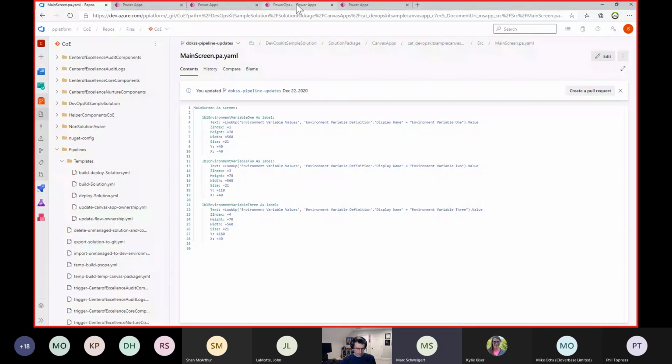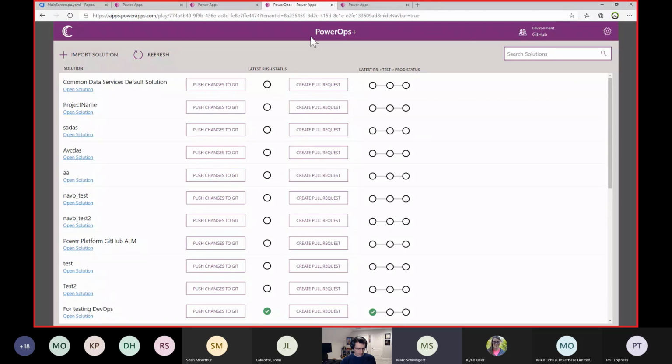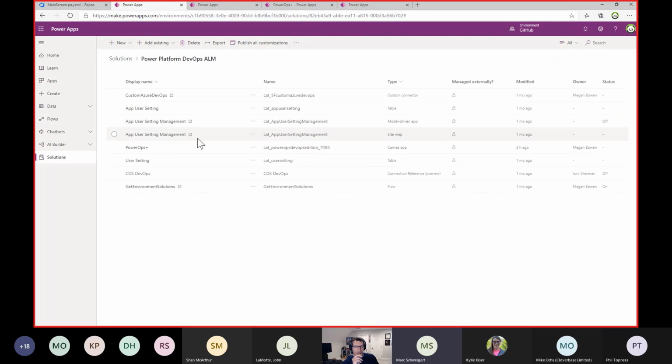And so on top of that, we've built this Canvas app. And this Canvas app is fundamentally a bridge between the maker experience and Azure DevOps, right? So for example, if you come into the solution package, it's fundamentally a Canvas app that has a custom connector over the Azure DevOps REST API. And the reason we chose a custom connector is because we're using a lot of REST API calls that aren't available in the out-of-the-box Azure DevOps connector. And so we wrote a custom connector that makes a lot of calls to the Azure DevOps REST API.